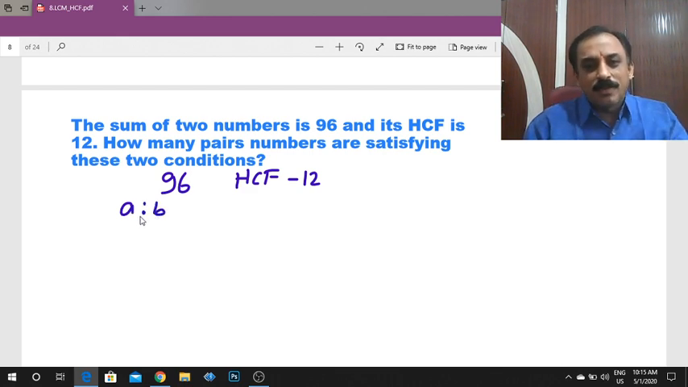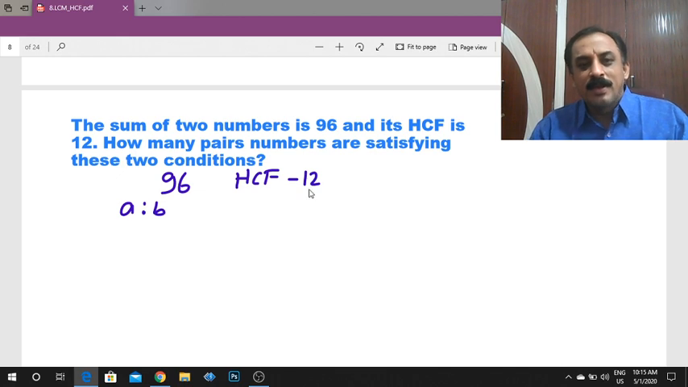Let the ratio of two numbers be A is to B. Then HCF is 12. Then what is the first number? I already completed one formula. If the ratio of two numbers is A is to B, and its HCF is H,